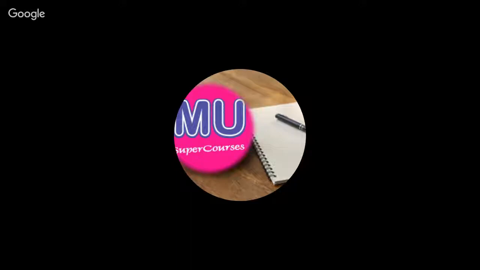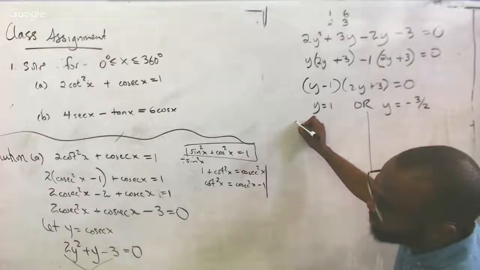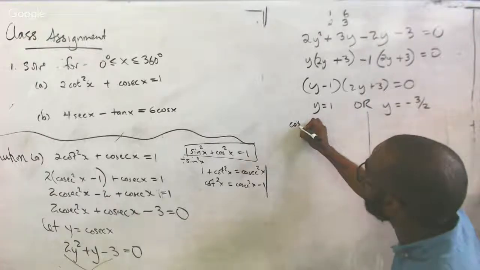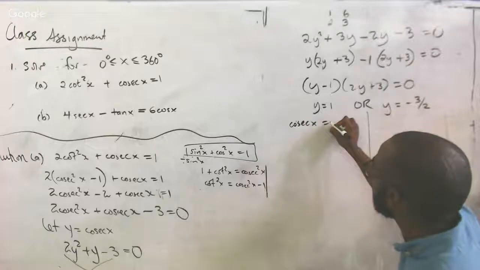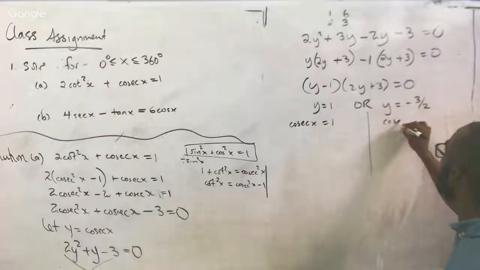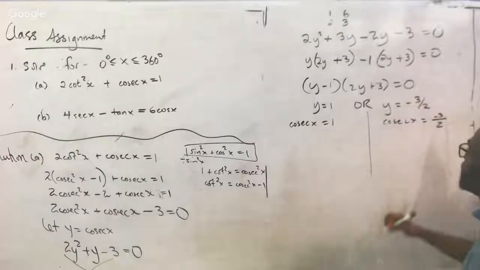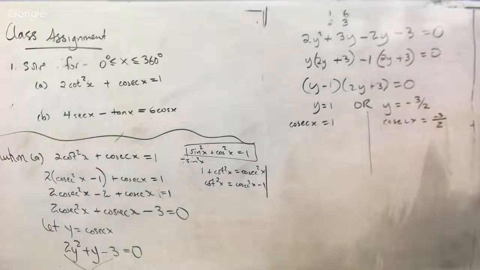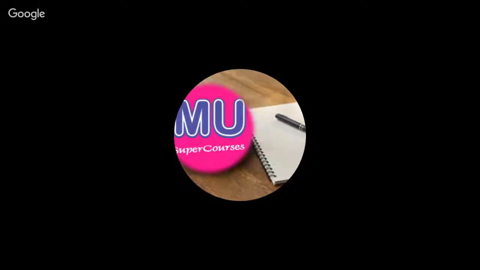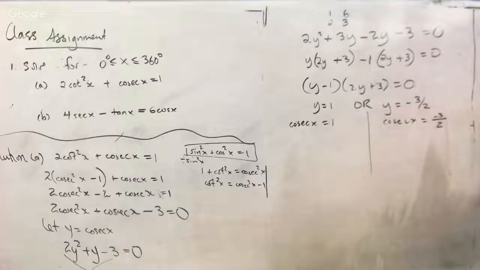Then I need to go and solve. Well, not quite, because y is equal to cosecant. So this is cosecant of x that is equal to 1. And then this is cosecant of x that is equal to negative 3 all over positive 2. So remember that the negative can only go with one of the two, right? It can go with the top or it can go with the bottom, right? And that's all with the numerator, clear enough?